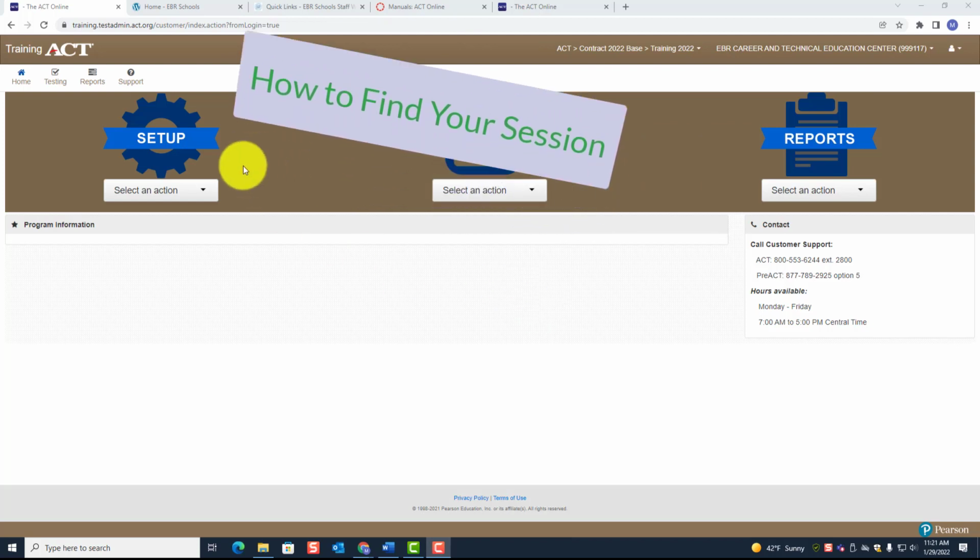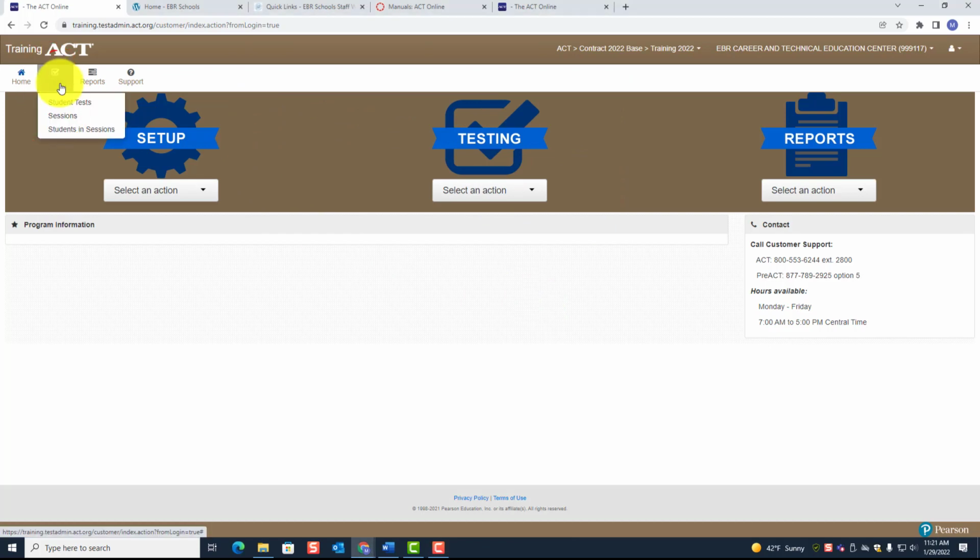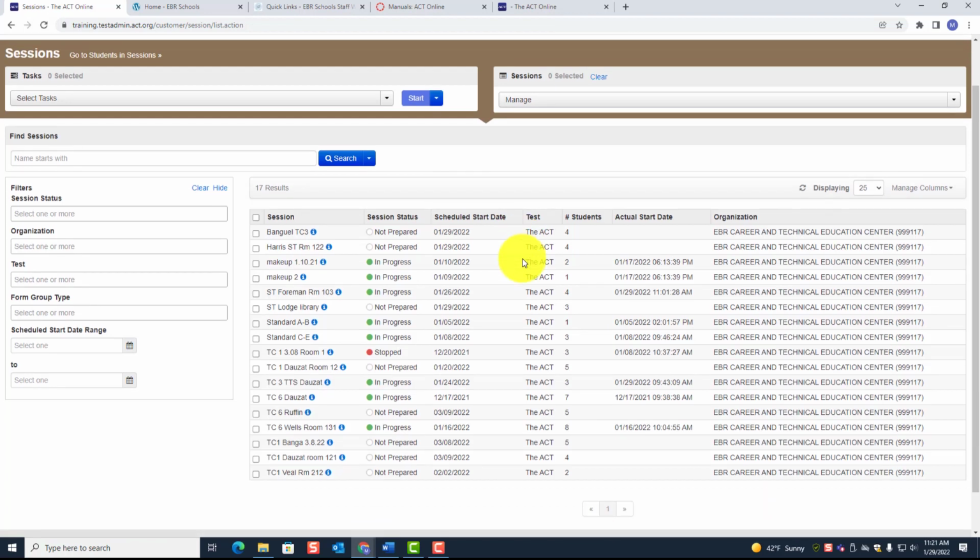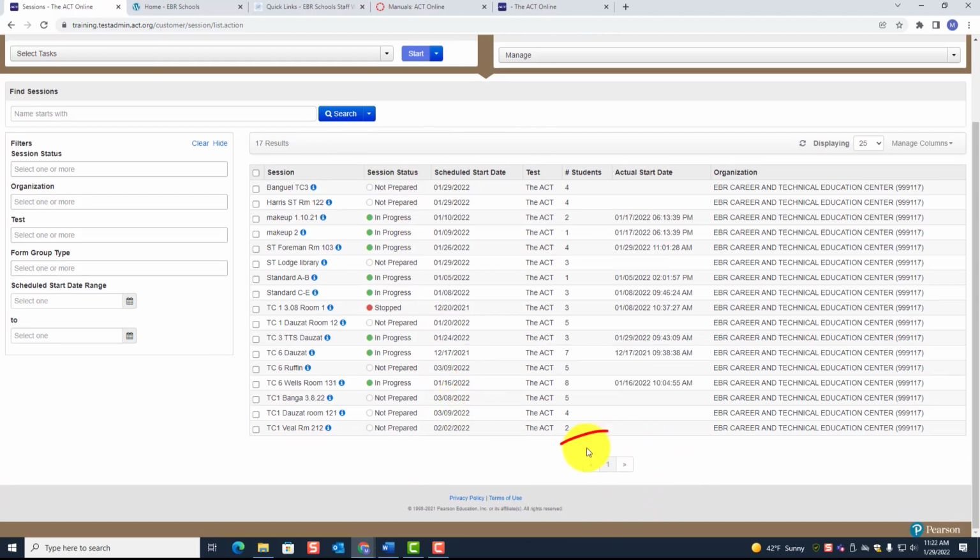All right, so you're going to go to Testing, and then you're going to click on Sessions. When you click on Sessions, all the sessions that your test coordinator created appear. And there could be many sessions. There could be multiple pages. Notice that in this particular school, only these sessions were created, and there's just one page. But that could be 2, 3, 4 pages, depending on how large your school is and how many sessions were